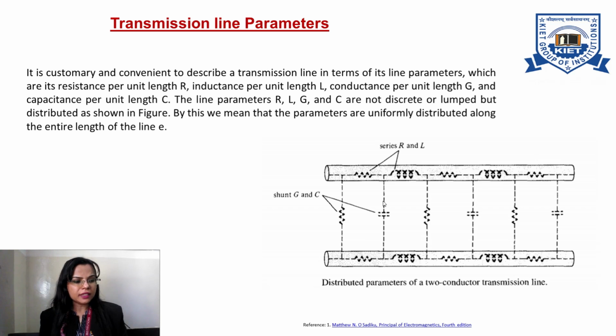We know that due to finite conductivity of the material of the transmission line, some power dissipation takes place in the line. The resistance R is responsible for the total loss occurring in the line due to the excitation. Due to current flow along the line and due to its production of magnetic field, some magnetic energy is stored in the line. The inductance L is responsible for the total magnetic energy stored in the line.